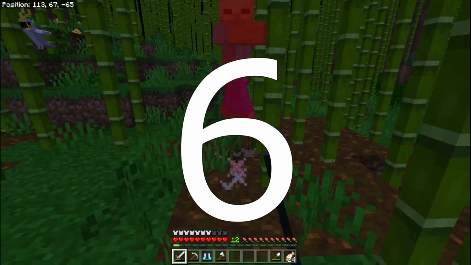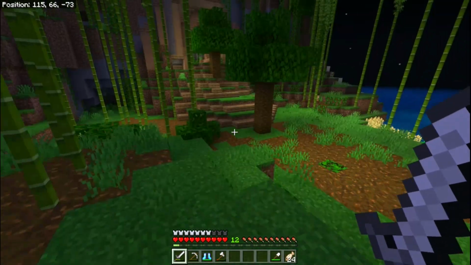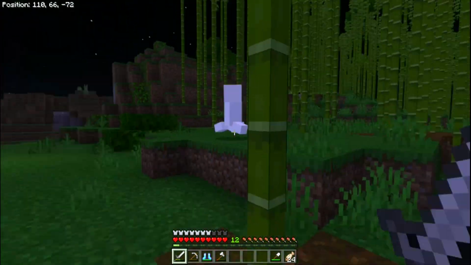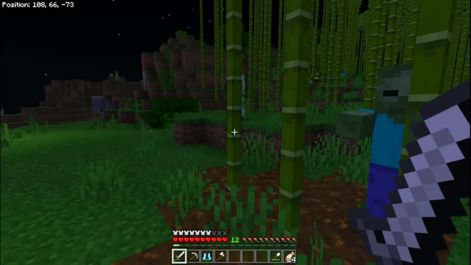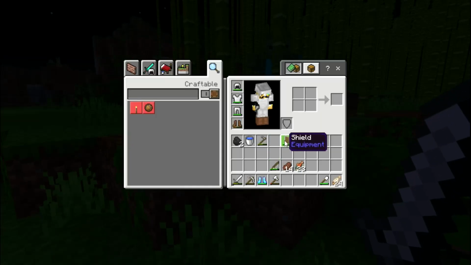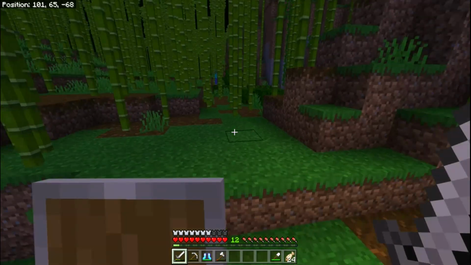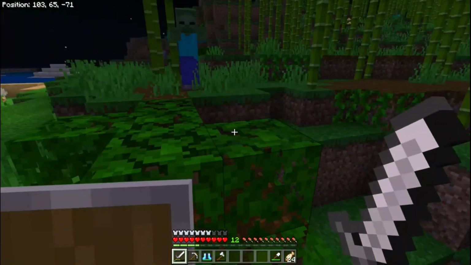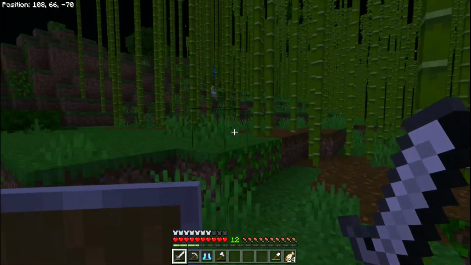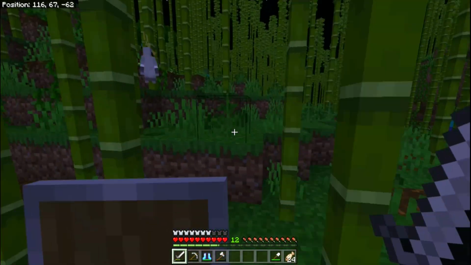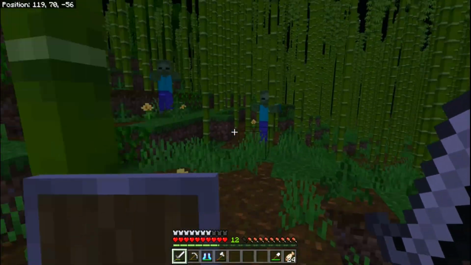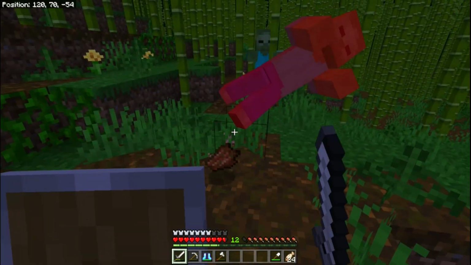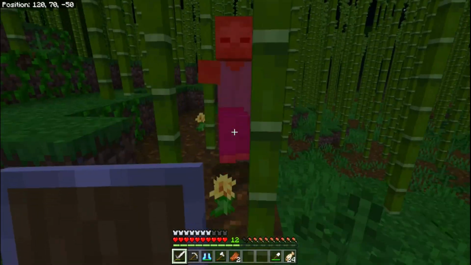Number 6 has to do with the mechanics on Bedrock Edition. What I'm talking about specifically is the fact that mobs are really, really dumb on Bedrock. If you try to fight a skeleton on Java Edition, the skeleton will actually walk back and forth, making it more difficult to hit, but a skeleton on Bedrock Edition stands in place and just shoots at you from where he's at. There are plenty of other examples about how smart the Java Edition mobs are and how dumb the Bedrock Edition ones are, and I'm not really going to go into too much detail about it, but just know that it's a lot easier to kill and also not be killed by the mobs in Bedrock Edition.